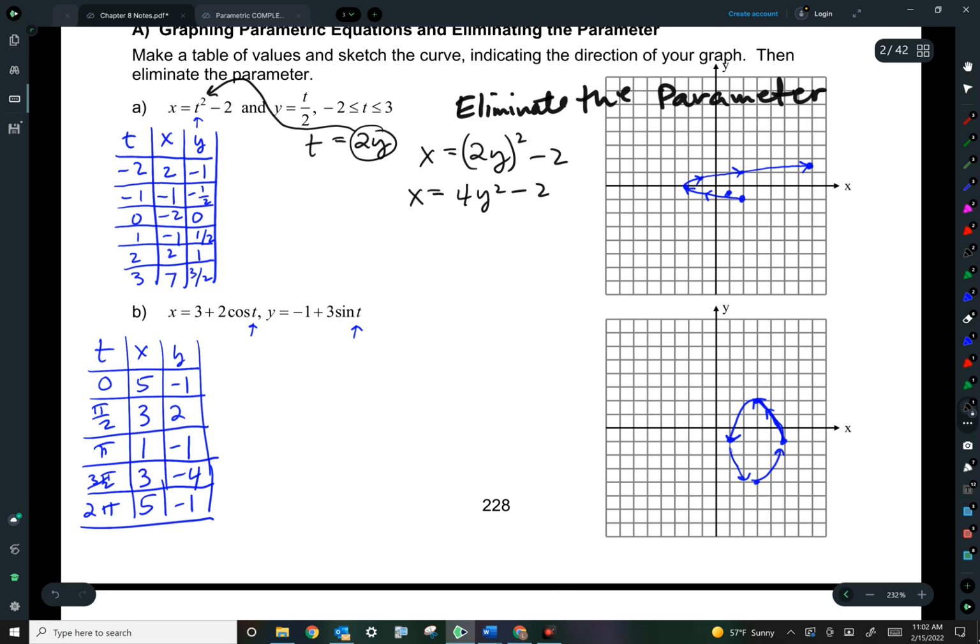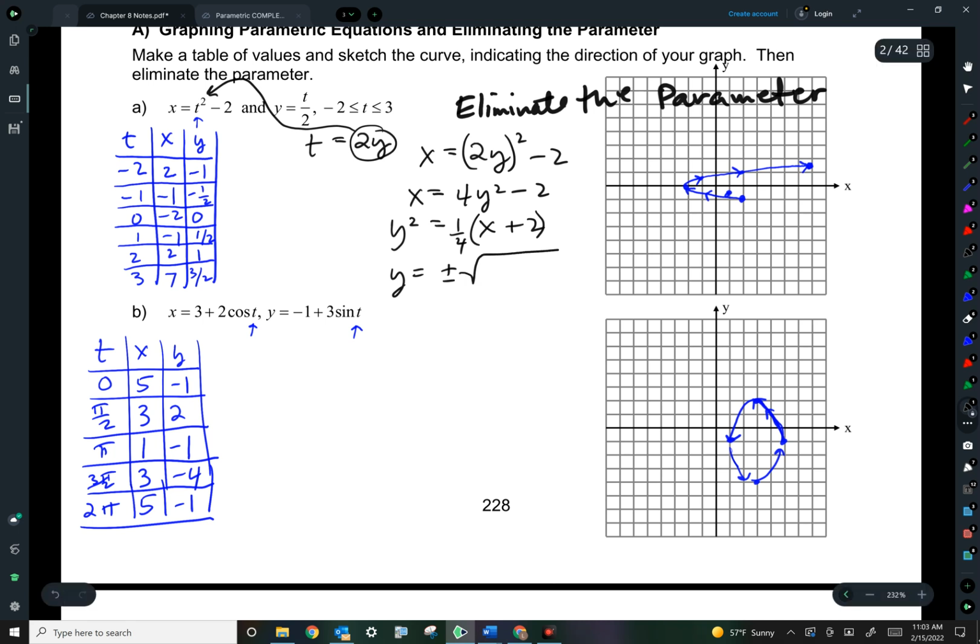And you may or may not remember from your pre-calculus / algebra 2 days that if there's a y squared, it represents a parabola that's turned sideways. If you're not sure about that and you want to go ahead and solve for y, because that's what you're used to, I'm going to have y squared equals, add the 2, x plus 2, getting rid of the 4 would be like a 1/4 out in front, and then y would be plus or minus